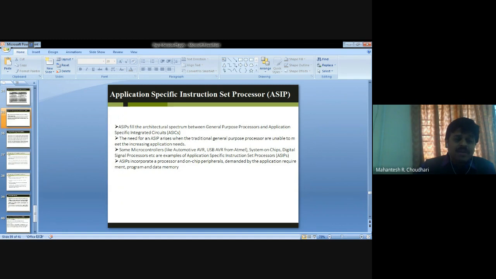Then ASIPs fill the architectural spectrum between general purpose processors and application specific integrated circuits. That is the major role of ASIPs. And the need for an ASIP arises when the traditional general purpose processor you are having